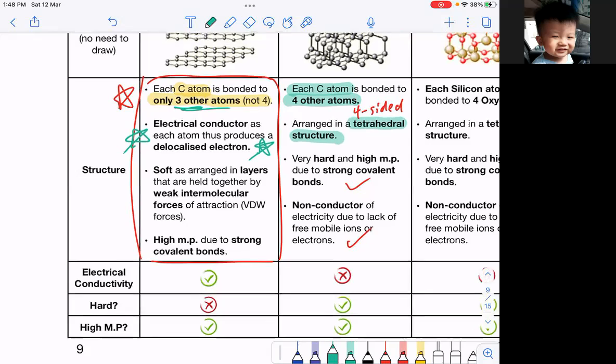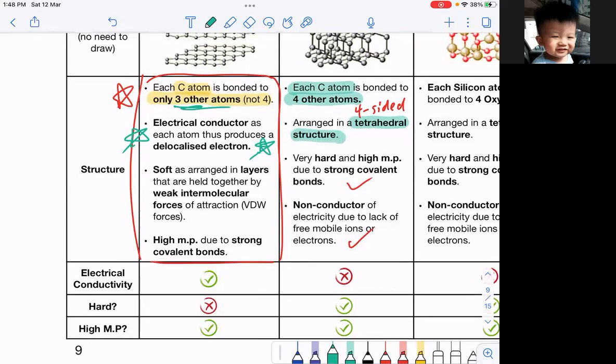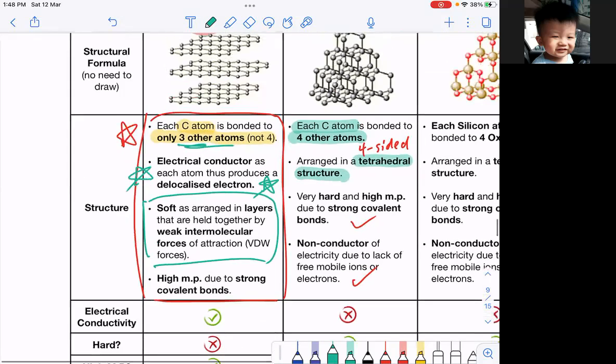Anyway, the first exception about graphite is that it can conduct. So it's a bit weird. Now, even weirder, they are soft. Just now I keep saying that giant covalent should be mighty strong. Every covalent bond is strong. But how come it's weak? Because